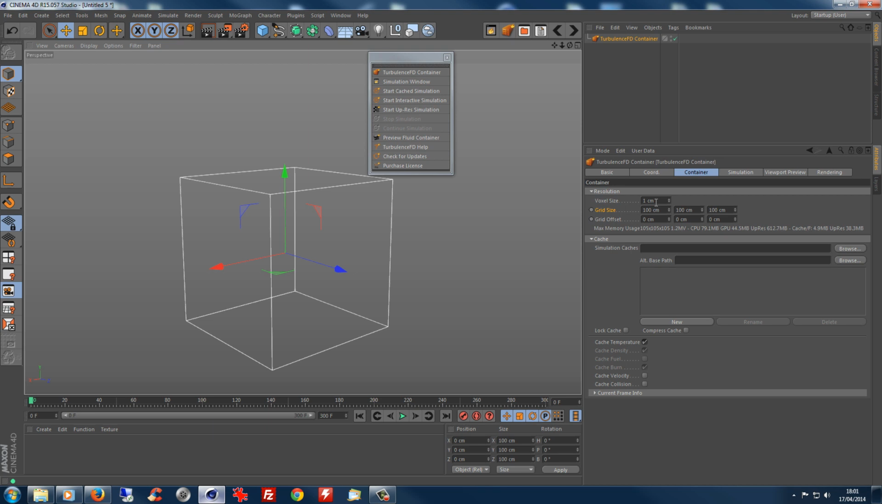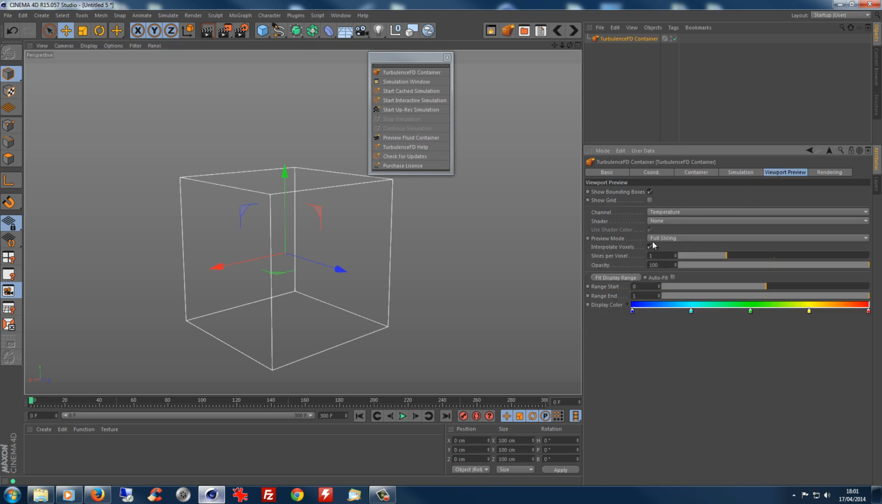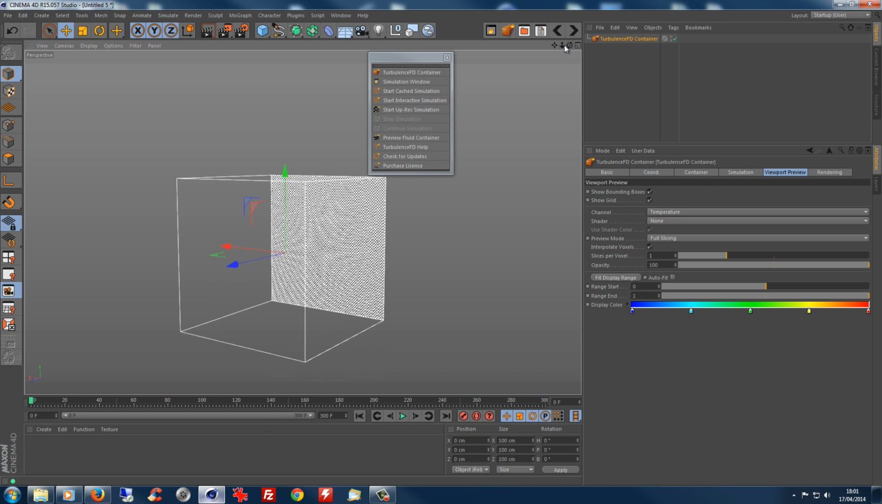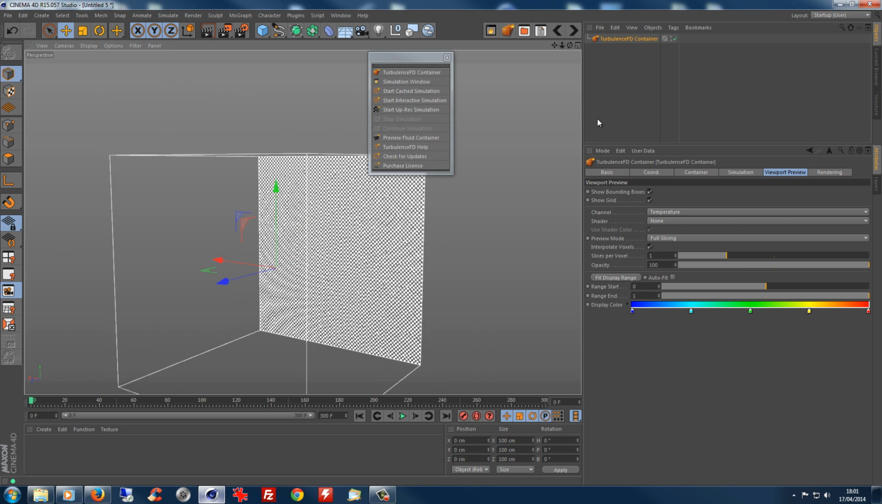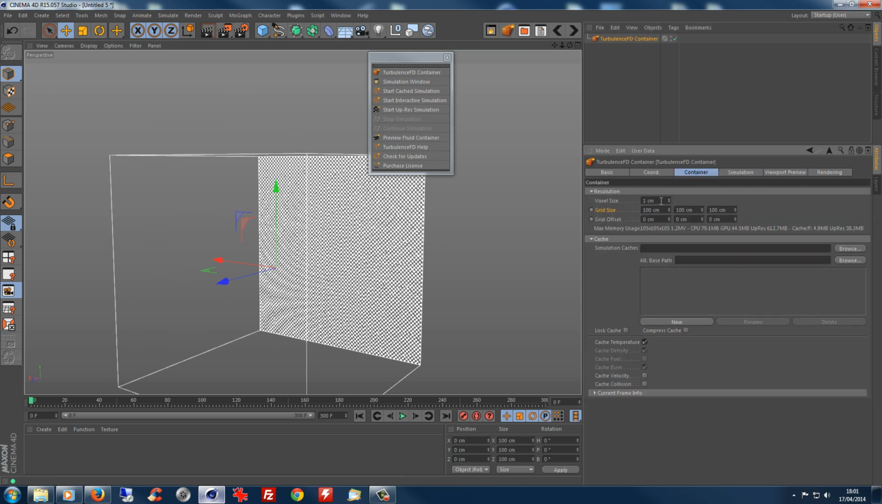And the smaller the voxel, very much like the smaller the pixel, the more detail you're going to get. And the easiest way to show you that is to, if we go into the viewport preview, we've got a section here that says show grid. And the grid basically is a two-dimensional representation of these 3D voxels. Imagine these as being tiny little cubes. And as we increase our voxel size,